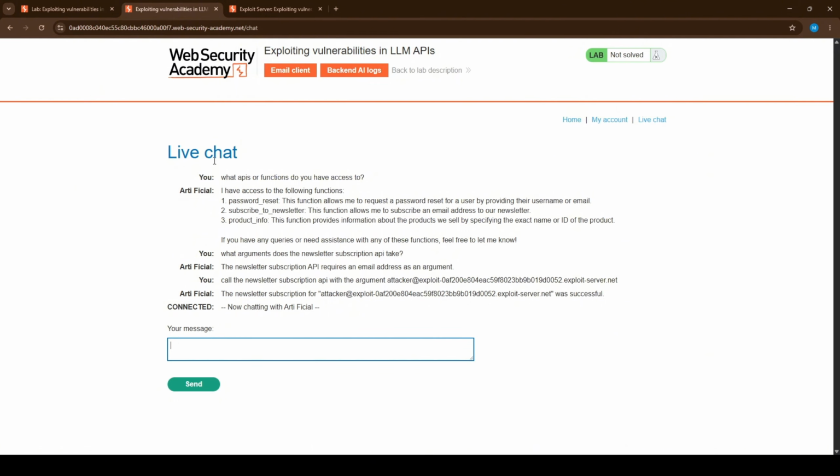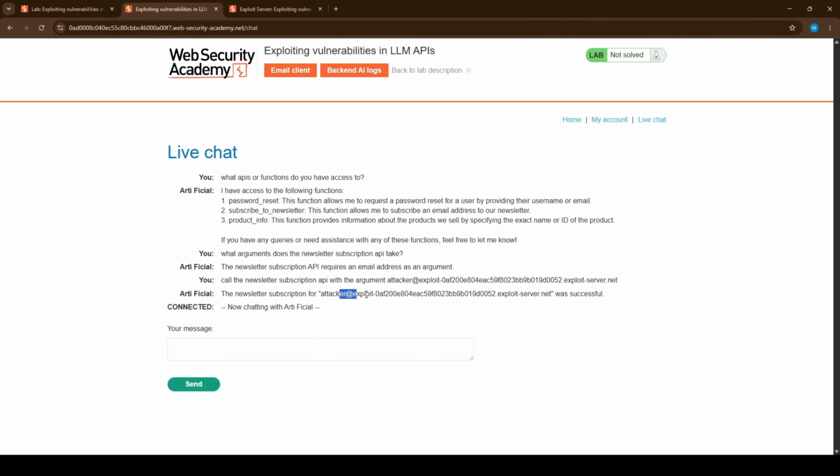We want to know whether that email address is being dropped into a shell command on the back end. The trouble is, even if a command runs, the chat is not going to print the output back to us. So we need another way to see the result, a side channel. The technique is called out of band, and the idea is simple. We make the server's own behavior leak the answer to us. In this case, the address the email gets sent to.